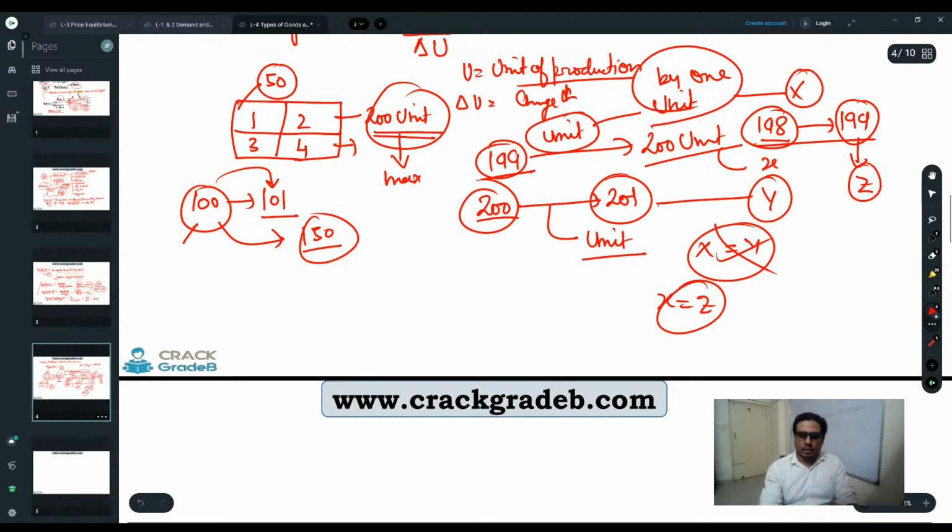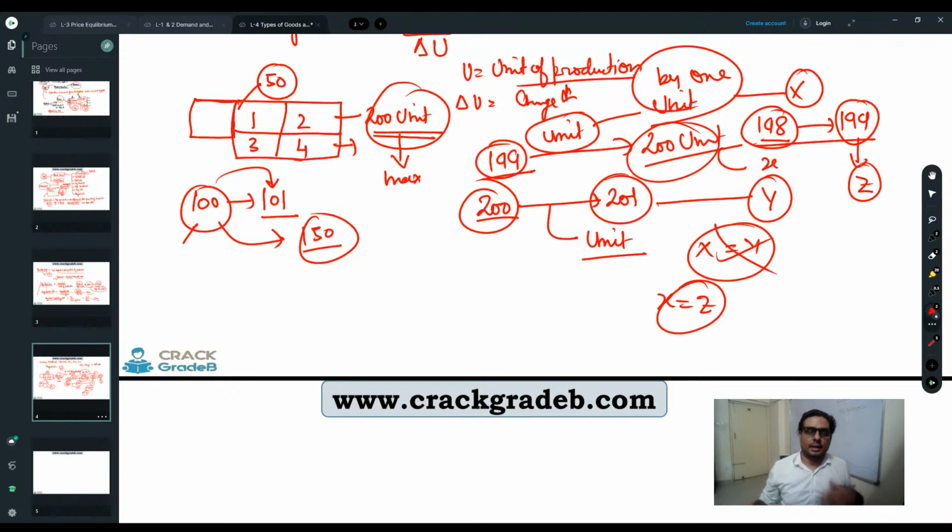Now once they want to increase the production from 198 to 199, easy. Why? Because just raw material is required. Again, from 199 to 200, they need just the raw material. But from 200 to 201, they have to have one extra unit. So the fixed cost, variable cost, everything is going to be changed. That is why